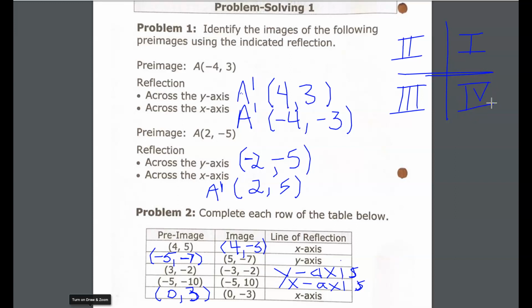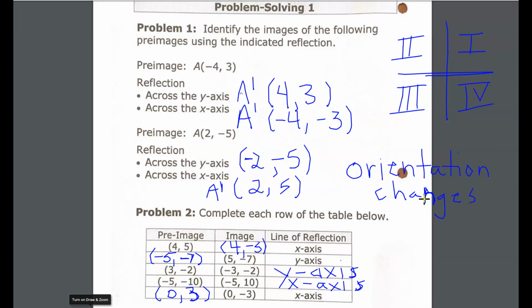Also, we've talked about before the orientation of an image. When we dilate something, that orientation doesn't change, and when we translated something, the orientation did not change. But this one, the orientation does change. Now the figure looks the same, it's the same shape, and it's the same size, but it's been flipped, and so its position is different. And that's why we would say the orientation changes when you reflect a figure over an axis. That's all we're going to do in 8th grade material,